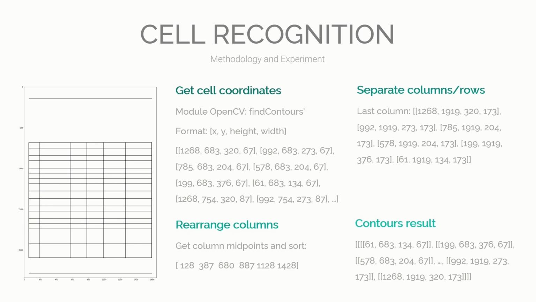Likewise, for the column separation, from the result, we can realize the bottom to top order of rows. We can get the correct number of columns, which is 6, and rearrange them by getting the column midpoints. We now get the final boxes list containing cells of left to right columns and top to bottom rows.